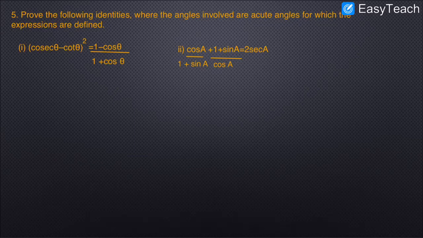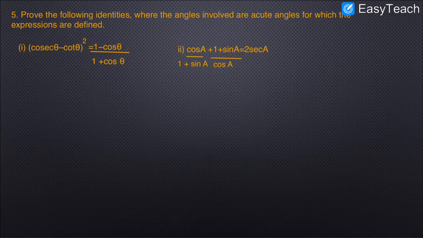Now 1 minus cos theta the whole square is the a minus b the whole square formula. It looks like a minus b the whole square. So a square minus 2ab, so 2 into 1 into cos theta, 2ab, plus b square for cos square theta, whole divided by sin square theta. I think we don't need to expand this. So look at here, this area. Here we have 1 minus cos theta the whole square. So we are near to the answer, right? So I'm going to keep 1 minus cos theta as it is.